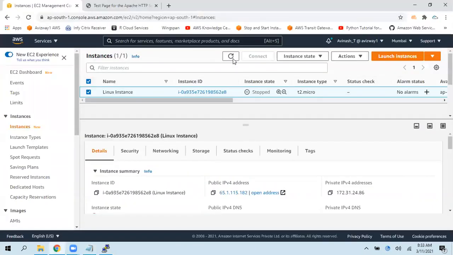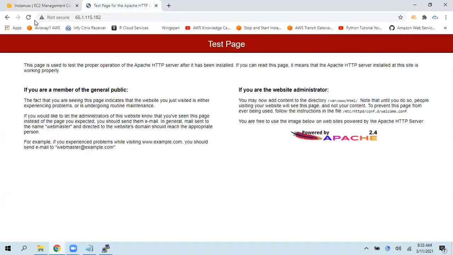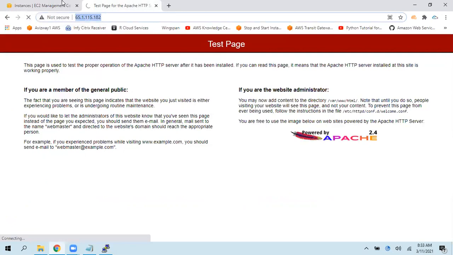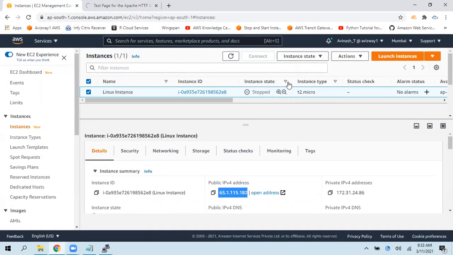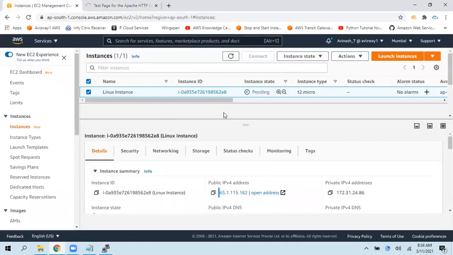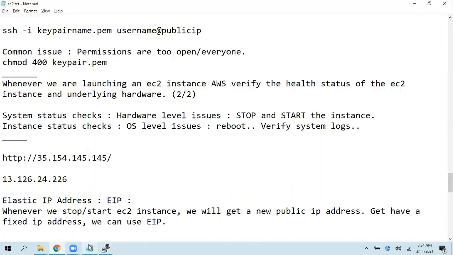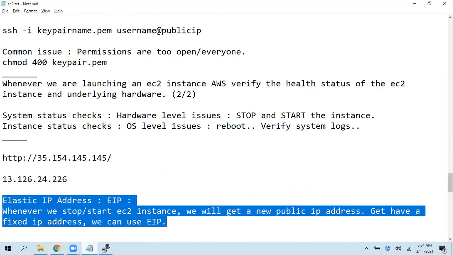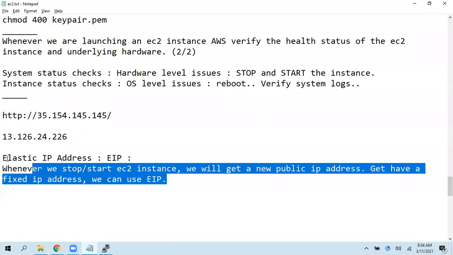So can we have multiple public IP addresses for an EC2 instance? Of course, yes, we can have. See, my instance is in stopped state and this public IP address is still available, but this website is down as the instance is in stopped state. See, it's trying to load. Generally, it won't take that much time. Whenever we are starting this EC2 instance, see, there is no change in the public IP address. Once the instance got started, we will get this web page. So if you need a fixed public IP address for your EC2 instance, you can use this elastic IP address,